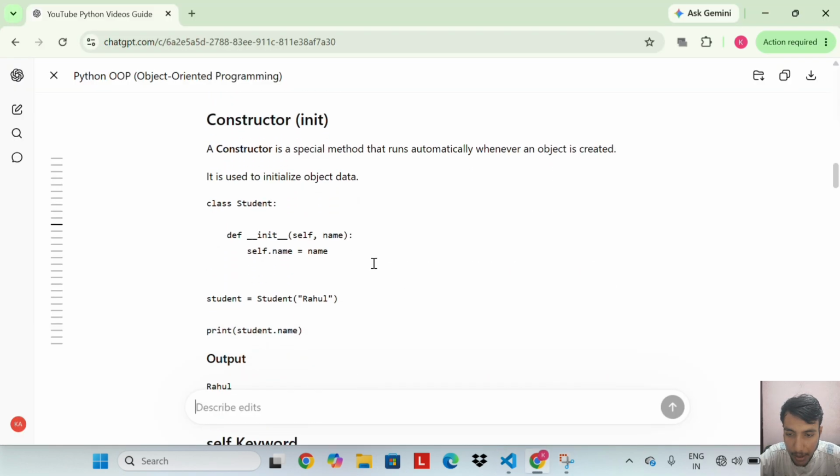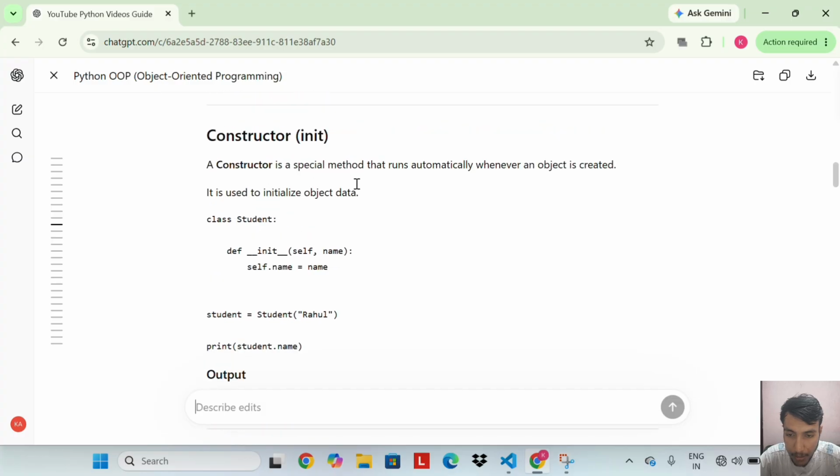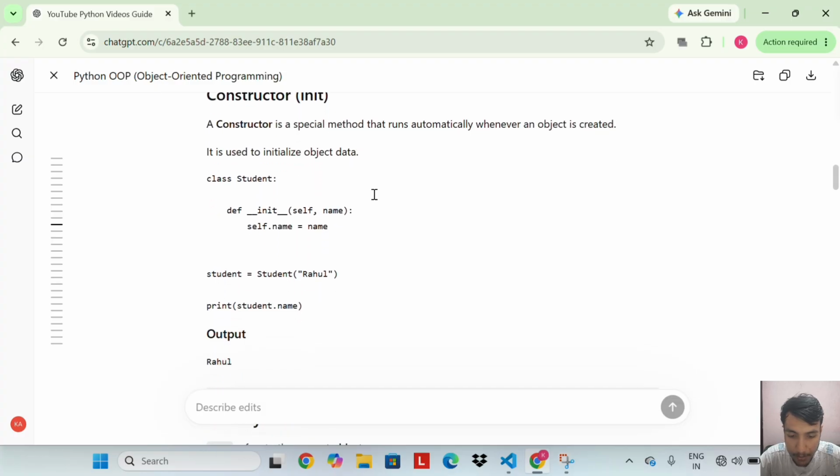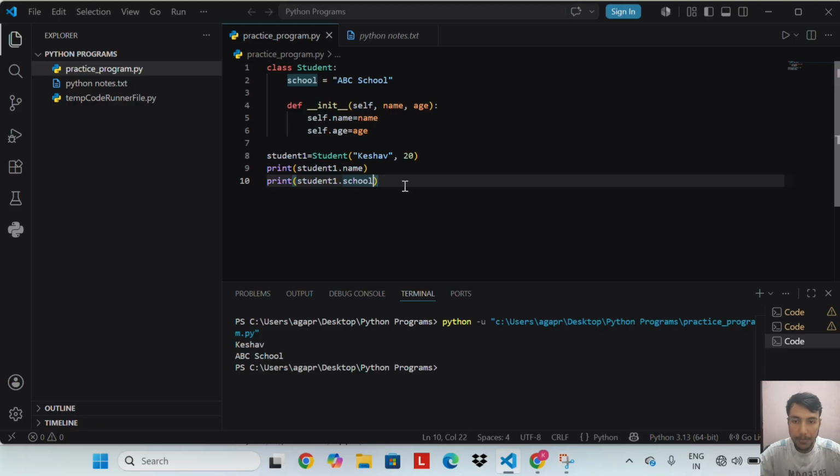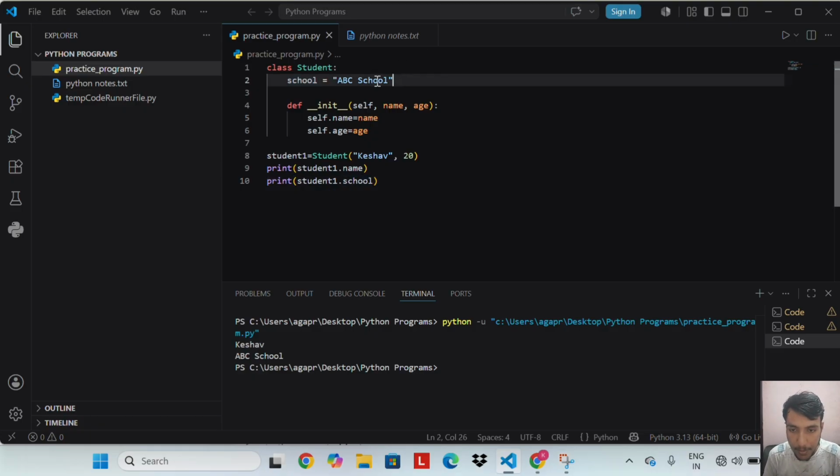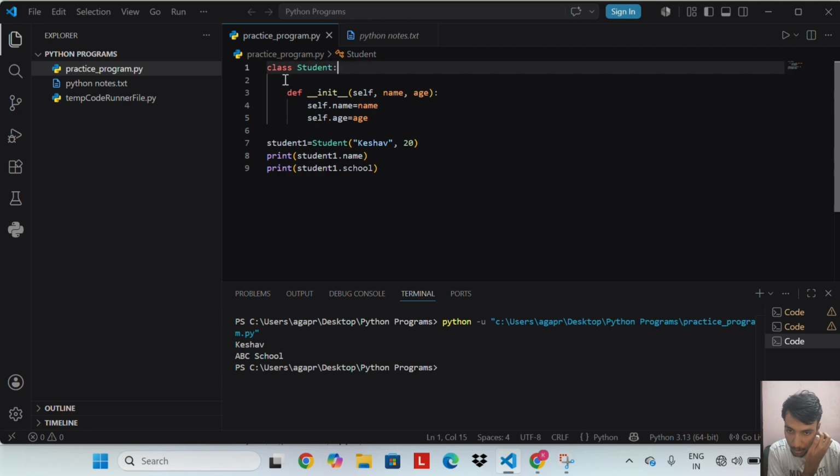Constructor. A constructor is a special method that runs automatically whenever an object is created. It is used to initialize object data. So let's do an example of constructor, init. First remove this.